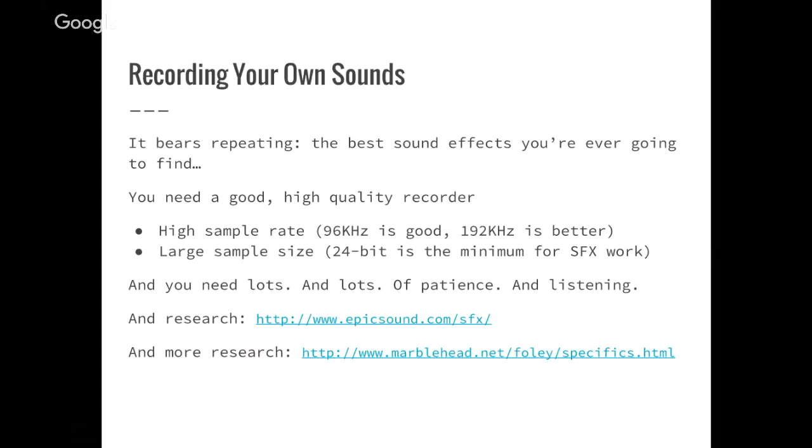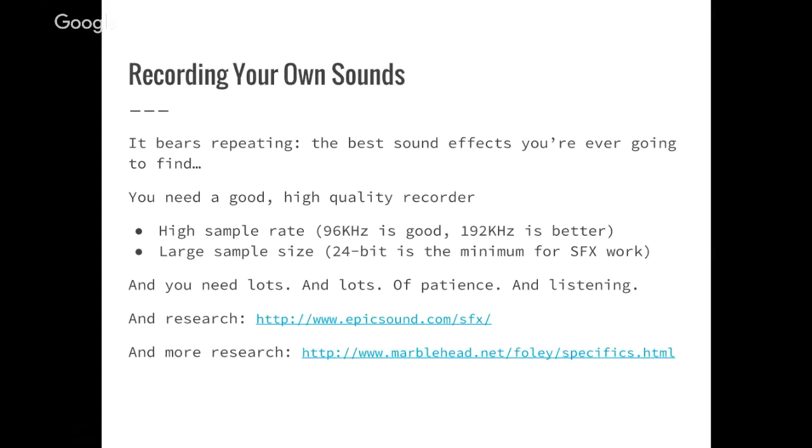If you record something at 48 kilohertz and you slow it down by half, it's not going to sound as good because you don't have that information of what's in between those, because you're slowing down the waves, and so it's going to start jagging it out as opposed to being more smooth. Large sample size. This is the time where having 24 bits when you're recording can be very, very helpful for you, because